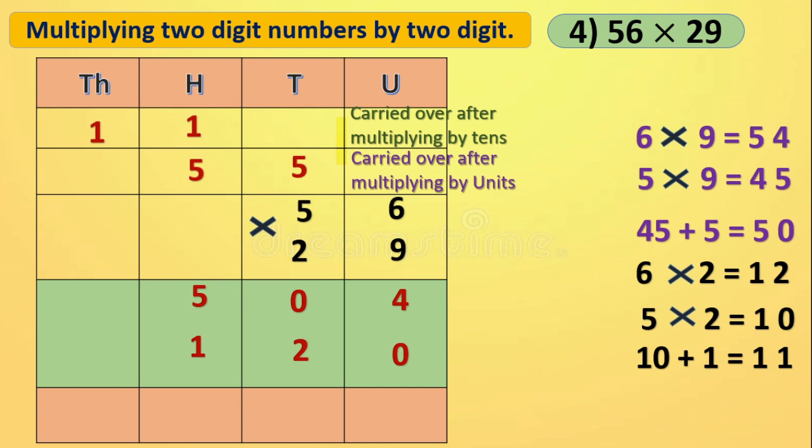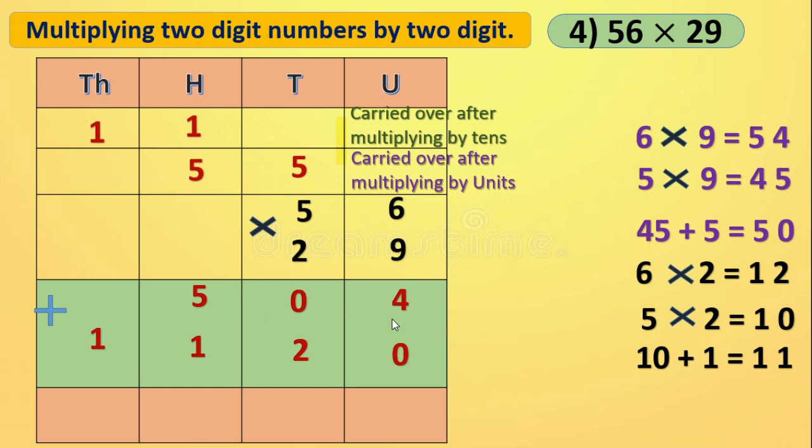Right? Now here nothing is there. No numbers are there. So 1 will come down. We will write here. Now see the next step. Here we got 504 when we multiplied 56 by 9. And we got 112 when multiplied 56 by 2. Right? So if we want the answer for these two digits multiplication, then we have to add these two numbers.